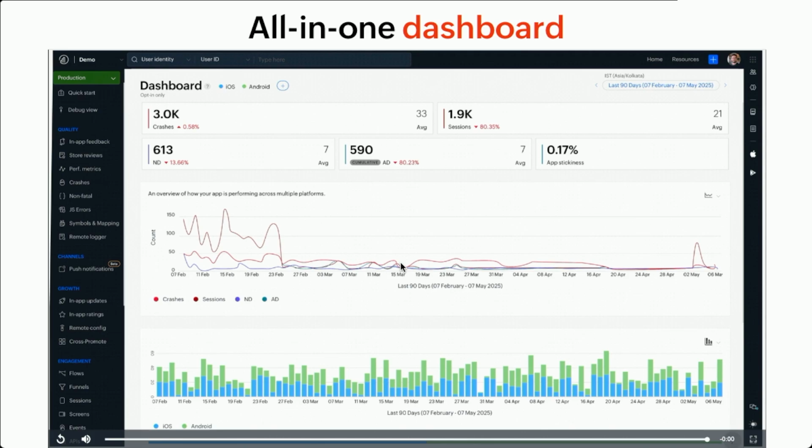On the left side, there is a menu of items which are around 20 plus features that we provide in Apptics. The center console is the numbers, the graphical representation that we have. And on the right side, you have some quick links to glossary, to our documentation, and also to the native apps that we provide so that you can get data on the go of what's happening within your product.